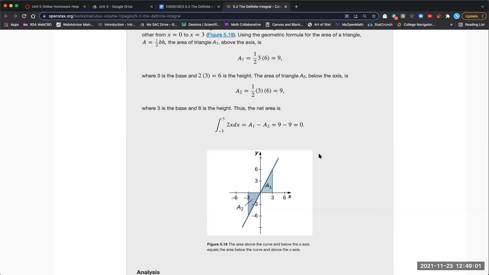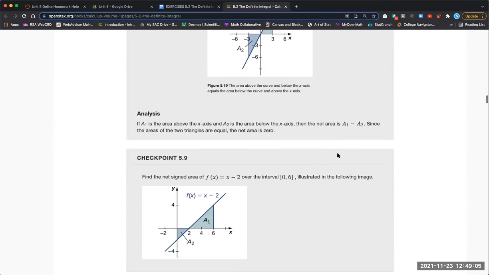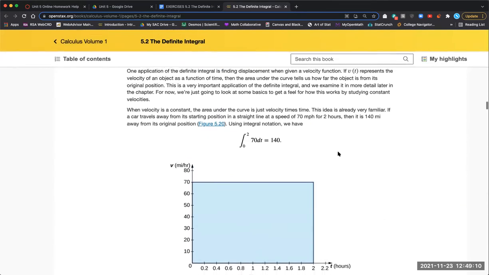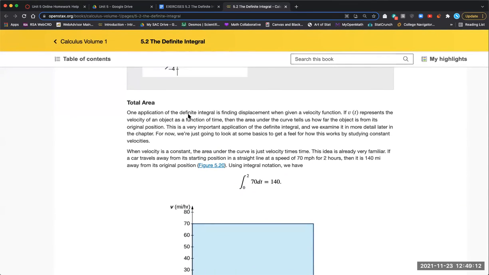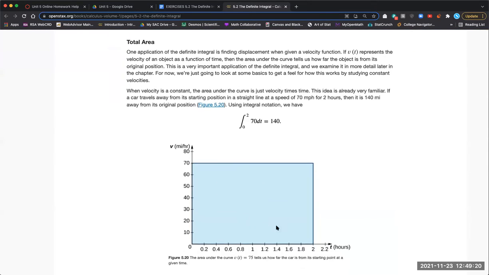Here you have triangles to represent those areas. So keep that in mind about the area underneath the curves. Okay. So one thing we end up using an application of a definite integral is about finding displacement, how far an object travels. And we'll see that in the next section, that we will find the area for some reason